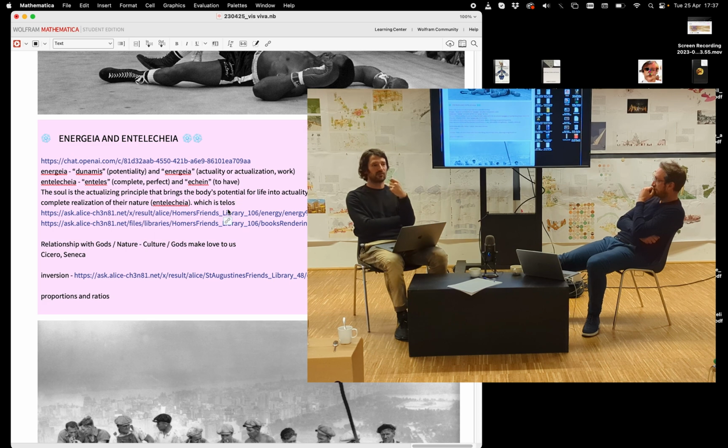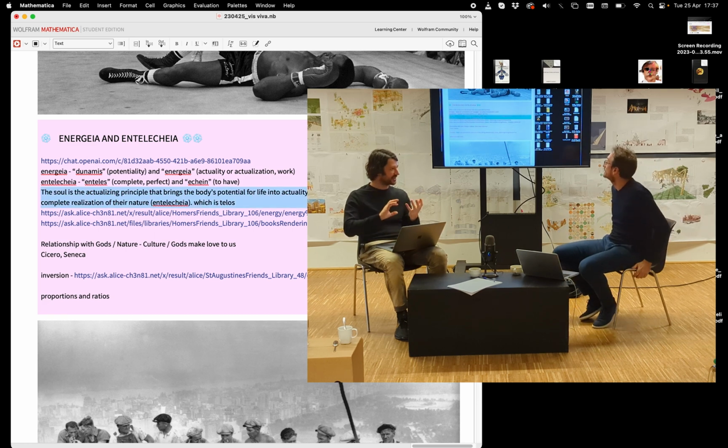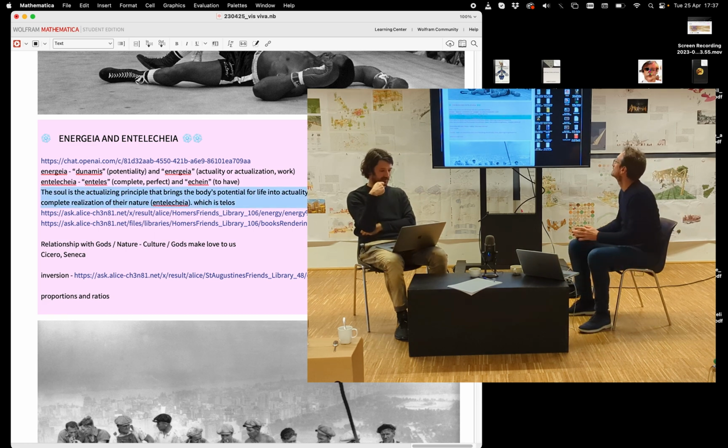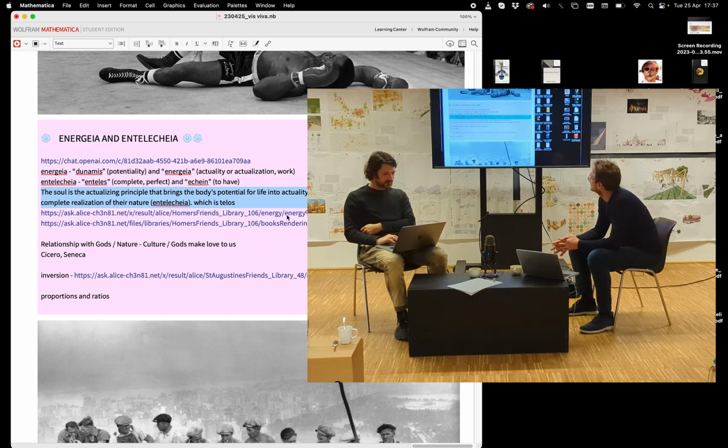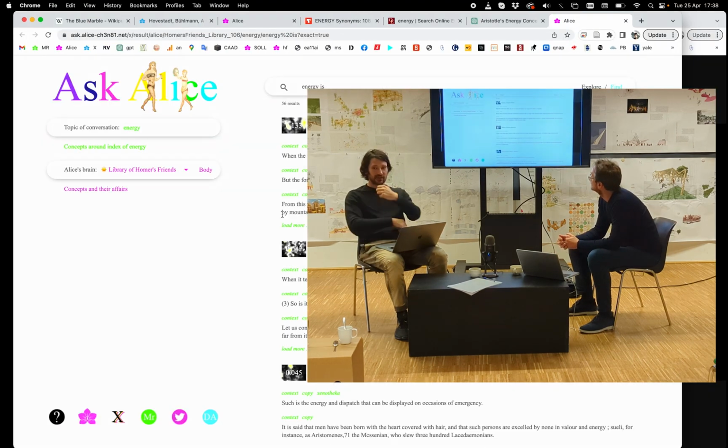So this is what a tree wants to be. It's in the tree what it wants to become, and to become this, the process is ENTELECHEIA, which is a kind of way towards, and to achieve this process there is a certain conception of ENERGEIA, which is a kind of an actualizing process to get there. If we try now to discuss this with the people of Homer's time and to see what they might say about it,